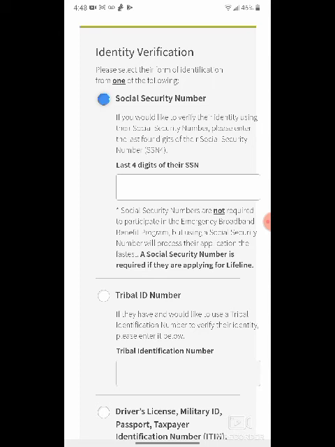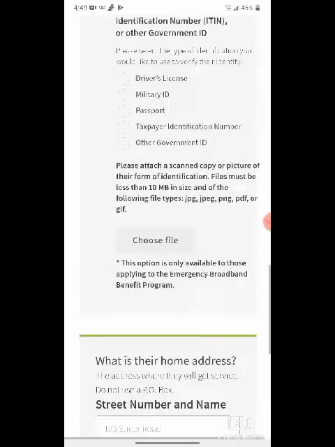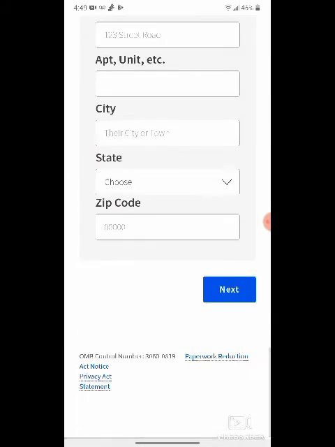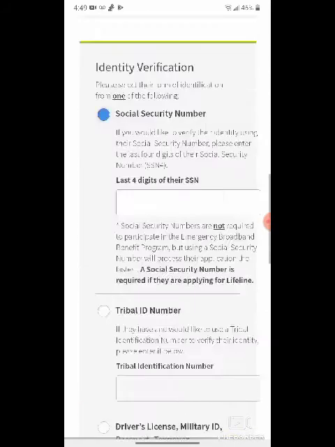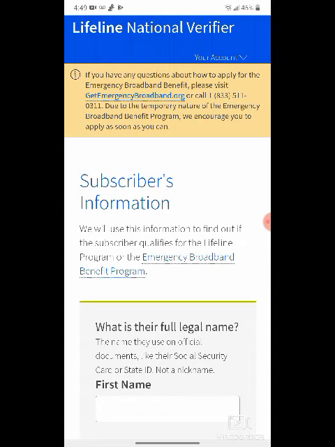This is how the state reviews and verifies if the consumer is eligible to receive that benefit, based off their first and last name, date of birth, and the last 4 digits of their social. So please make sure you enter the consumer's last 4 digits of their social, okay? Then their address, then you process the next. So it's real simple and easy. I really want everybody to start going through this